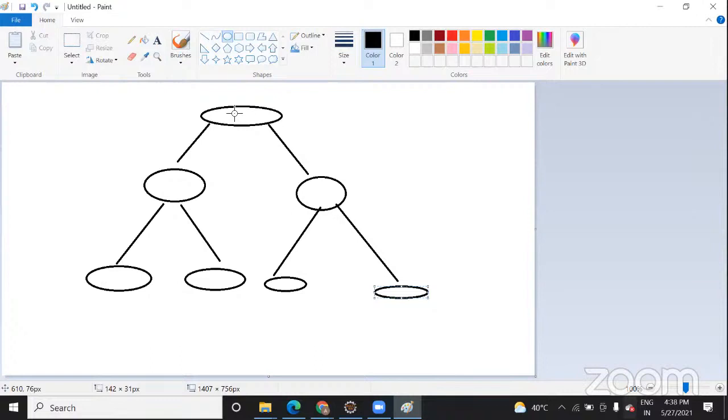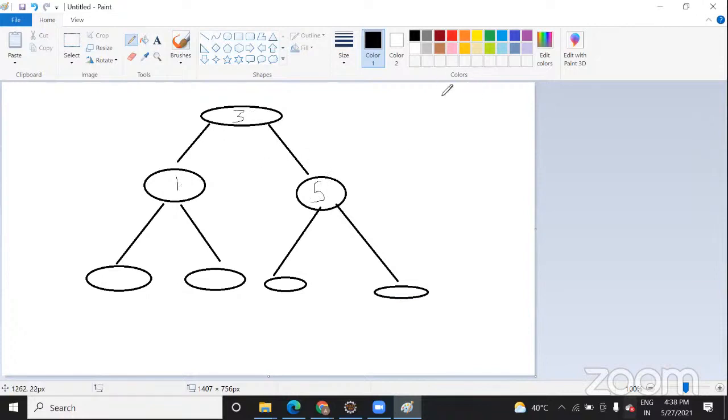Actually in a binary tree, the logic is that the right hand side value should be greater than your root, and the left hand side value will be less. For example, suppose here is 5, here is 3, and here is 1.